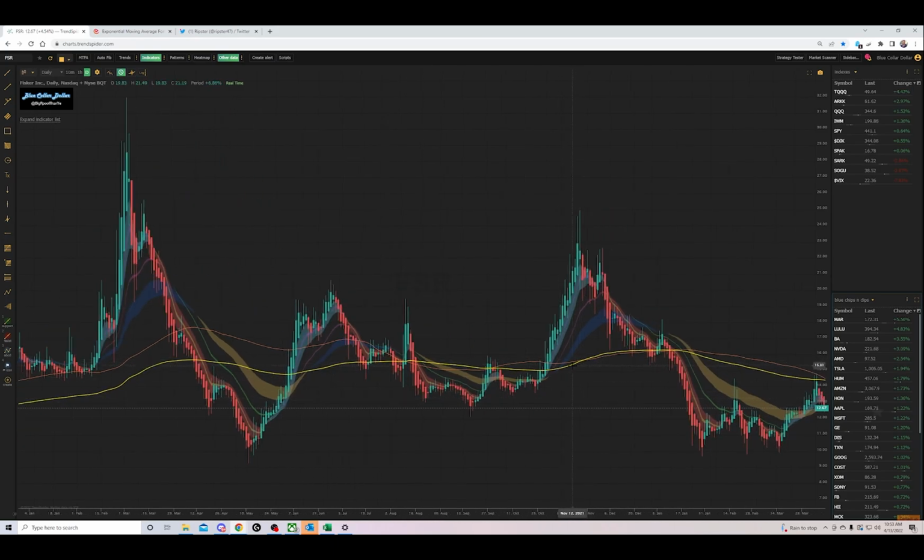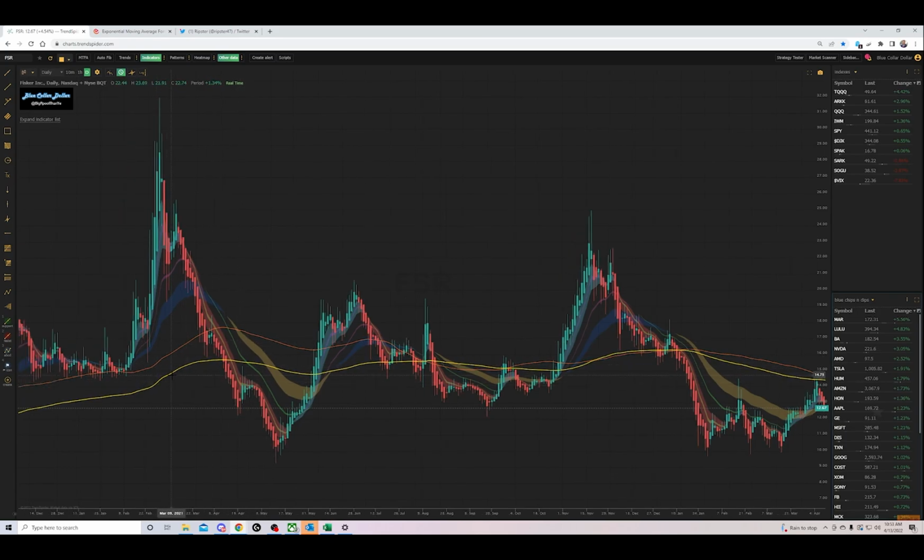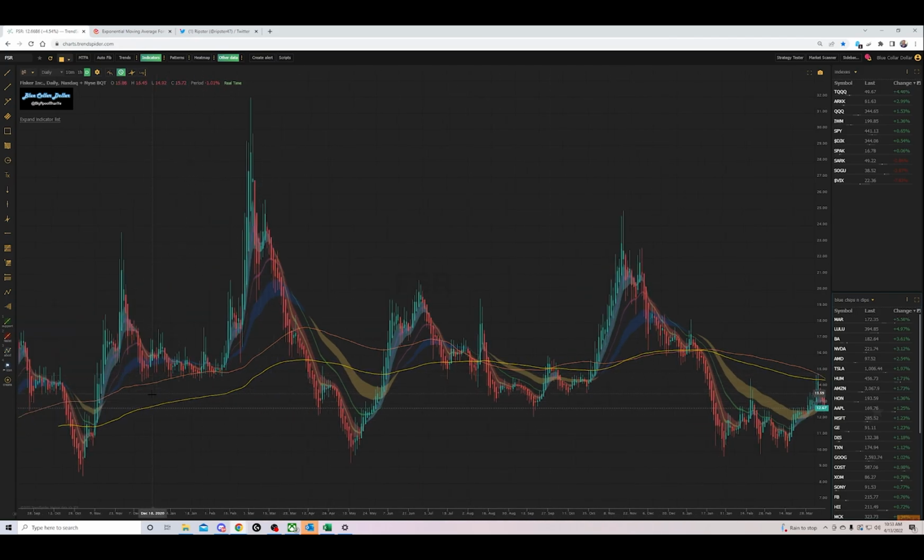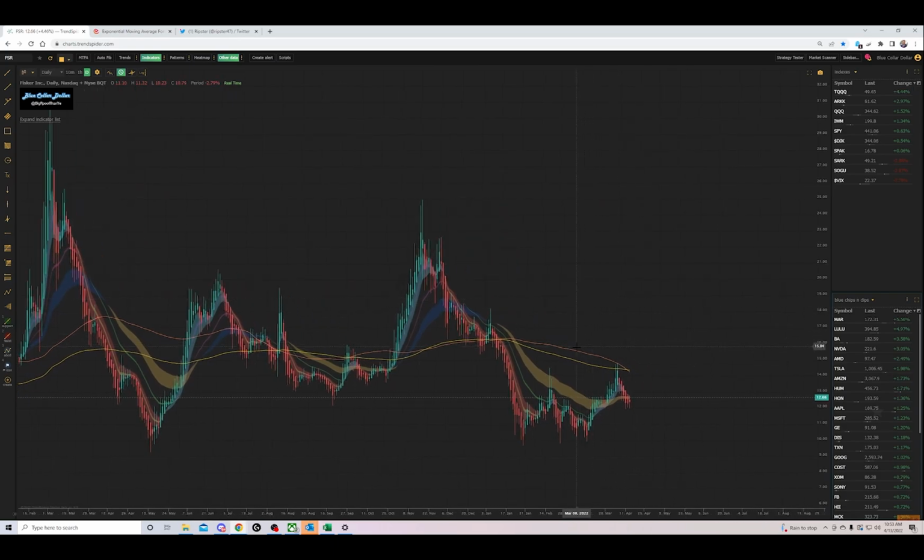And then we have these two lines right here, which you can make whatever color you want. This is an exponential moving average, 200 days, the price on close, okay? And this is a 100-day moving average. And what I use these for is a long-term indicator of price trend. While this one is above this one, the price is generally moving up. If the 100-day moving average price starts to come below the 200-day,